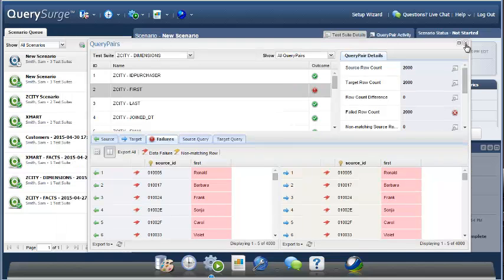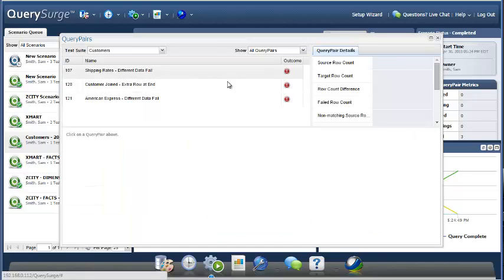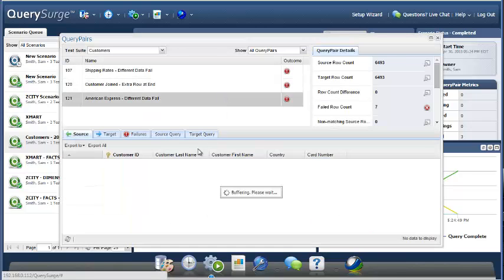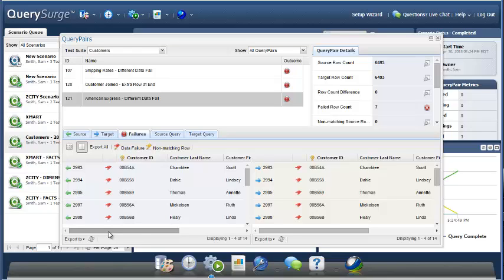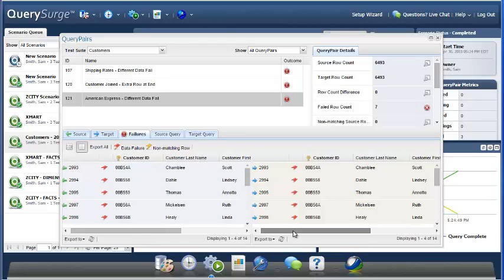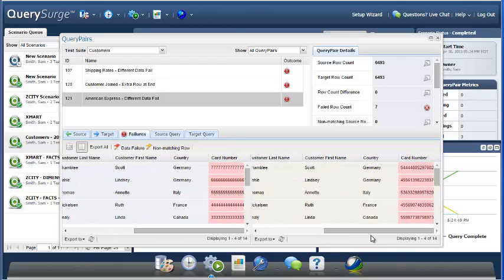is on the right. I've got a special scenario prepared here just to show you different kinds of conditions that QuerySurge traps. And one of the standard conditions that QuerySurge looks at, of course, is data differences. In this example, what we're going to see is that in the upper right of this display, QuerySurge brought back about 6,500 rows from both source and target. And using a shared key between the two, QuerySurge discovered that 7 of those rows had the same key but had different data. And of course, now we can start our investigation to figure out why the data might be